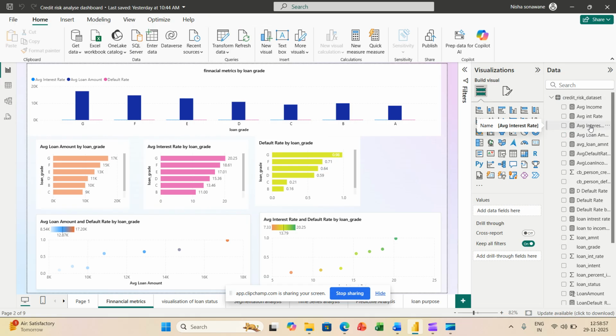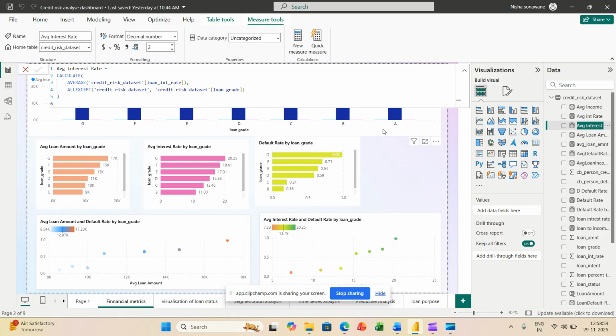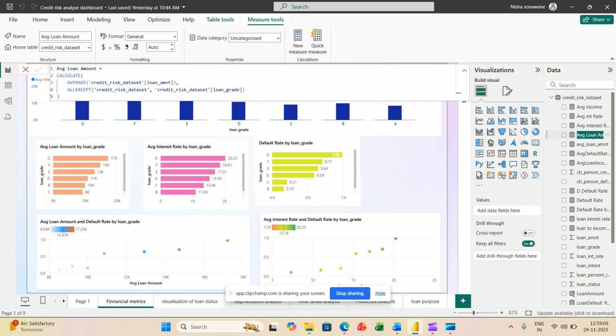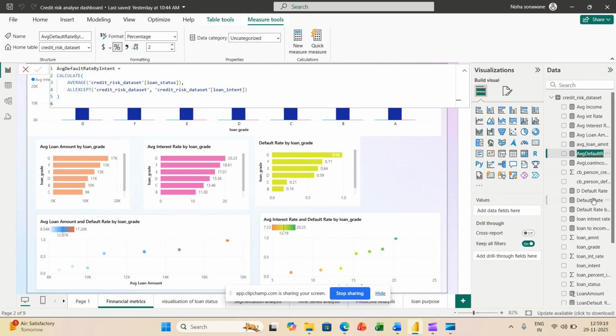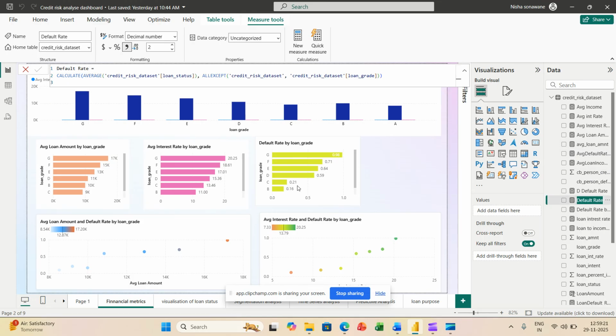average interest. This is the DAX to calculate average interest rate. For average loan amount, this is the DAX function, and average default rate, this is this one. By loan grade, I calculated these DAX functions.